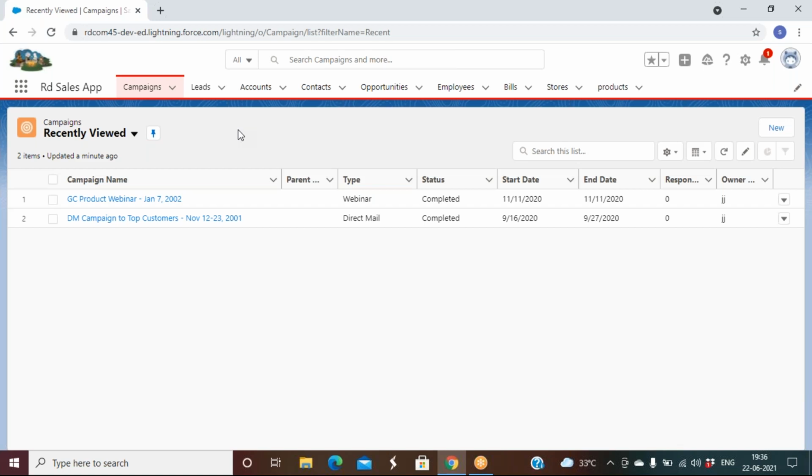So when a company puts up an advertisement to sell a product, right, they can put up the advertisement in a campaign. The campaign can be anything: a social media ad, a newspaper ad, a website ad, or a banner ad, any kind of ad. Okay.